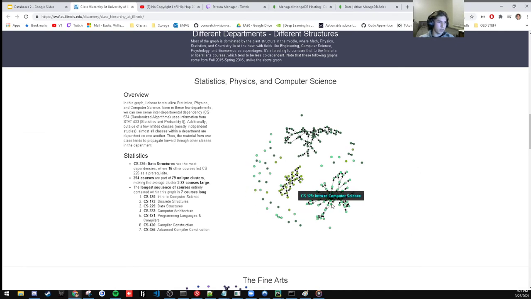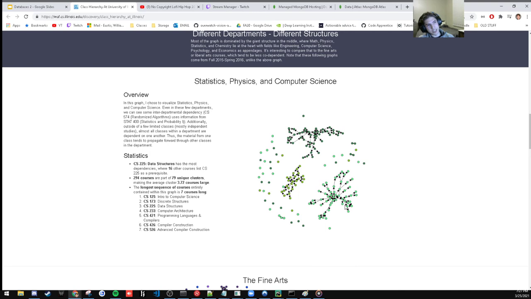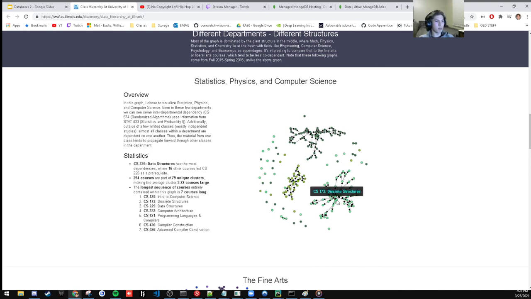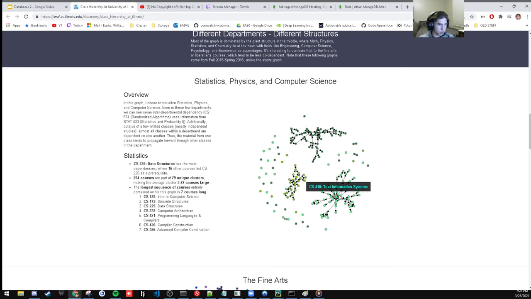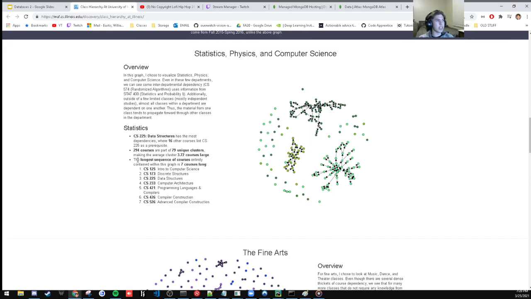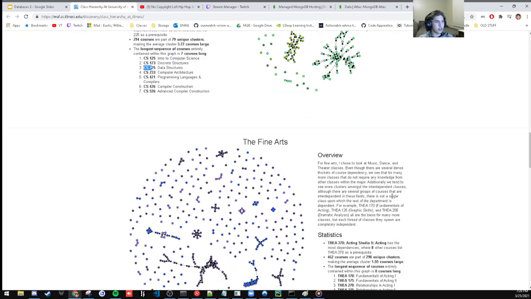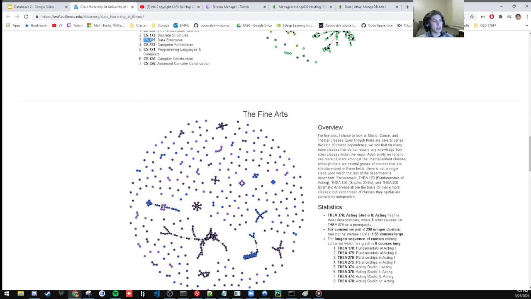And so I think one of these is, yeah, there's CS125. We're not listed on here, unfortunately. I think this was a little bit before our time. CS173, which then links to CS225 right here. Yep, CS225, which is then going to branch out to many, many other things. And you can actually get pretty interesting analysis from this. We can say, okay, what's the longest sequence? Well, 125, 173, 225, 233, 241, 2426, 526. It's hard to say that many numbers fast, but of course, we're not even restricted to doing this